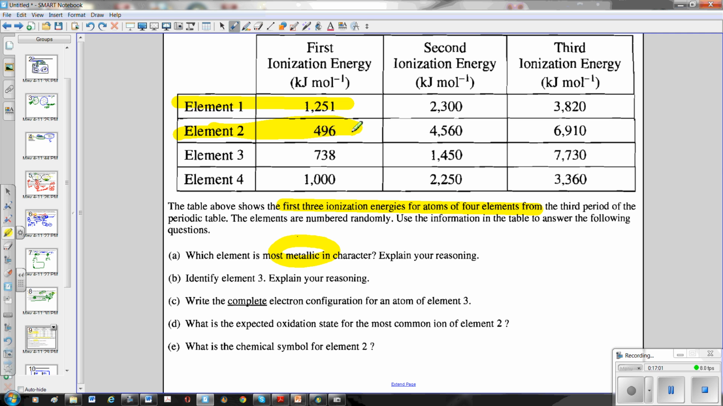The next thing they ask you to do is identify element 3 and explain your reasoning. Well, if you look, let's see here. The first 3 ionization energies, let's see. I should have a periodic table in front of me, actually. So if I look here,